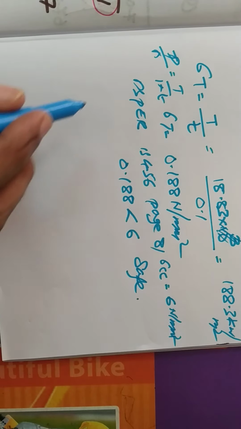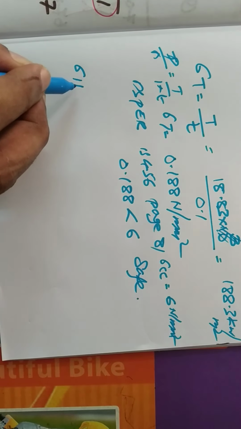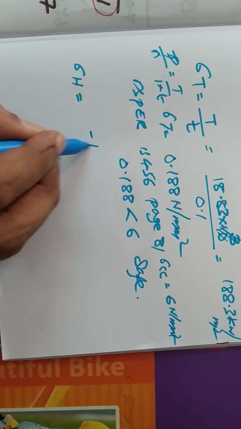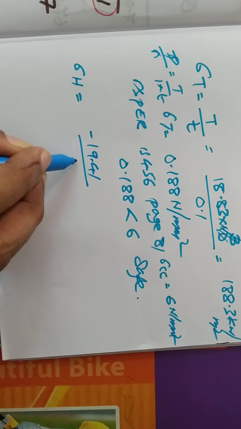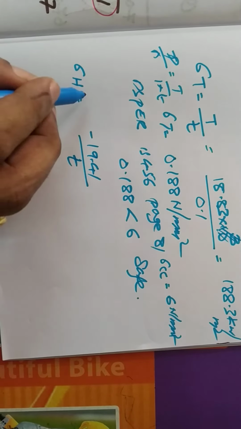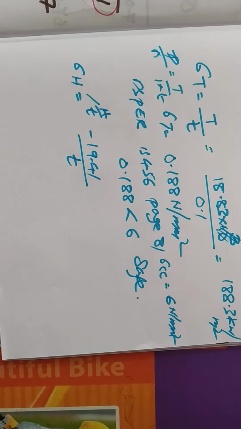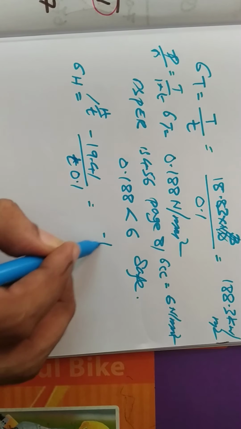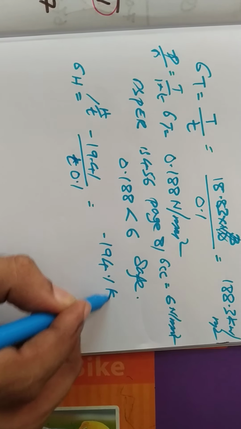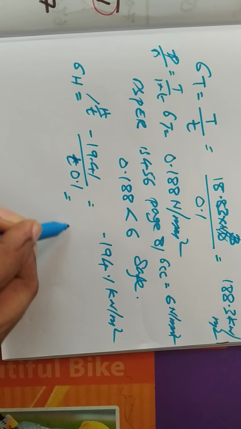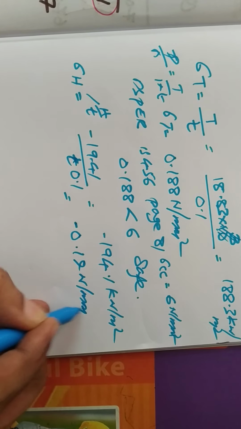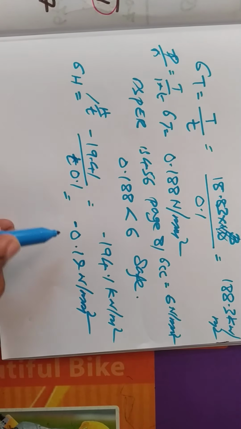Okay, so let us come to sigma H also. Sigma H is nothing but, because the higher value of H is minus 19.41, divided by t. Okay, that is H by t. So t is 0.1, so you will get minus 194.1 kilonewton per meter square. So this is equal to minus 0.19 Newton per millimeter square. Okay, so this value is tensile in nature actually.